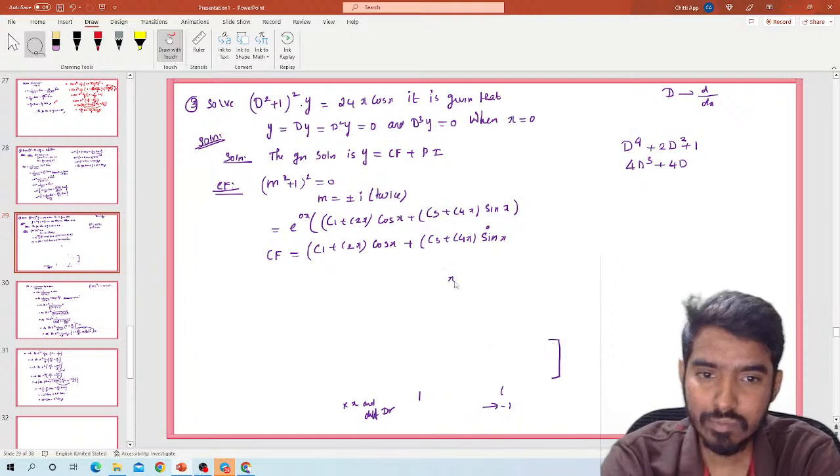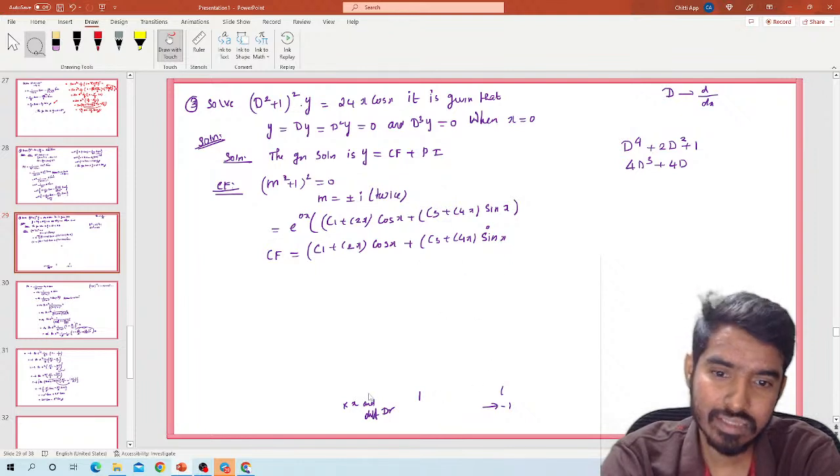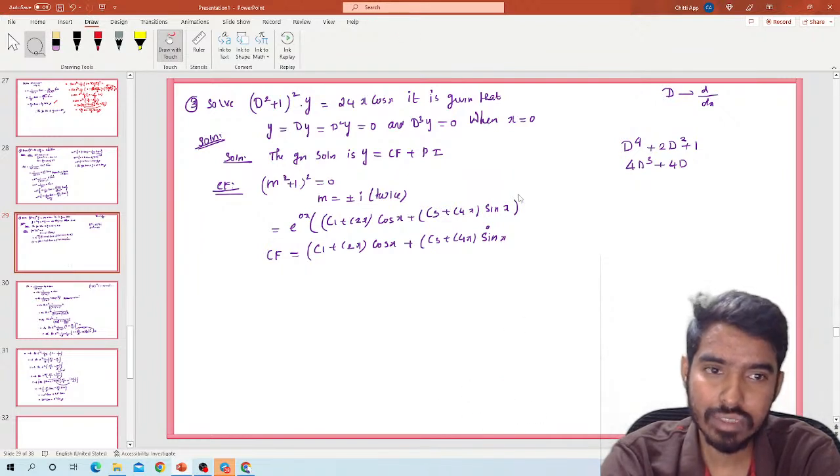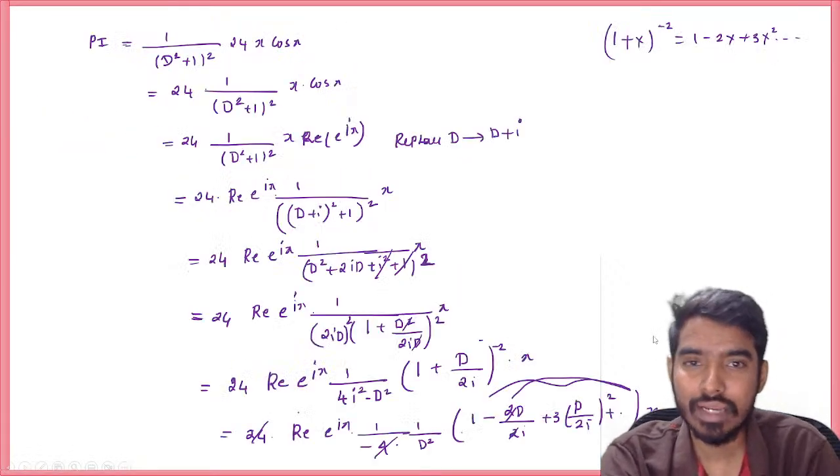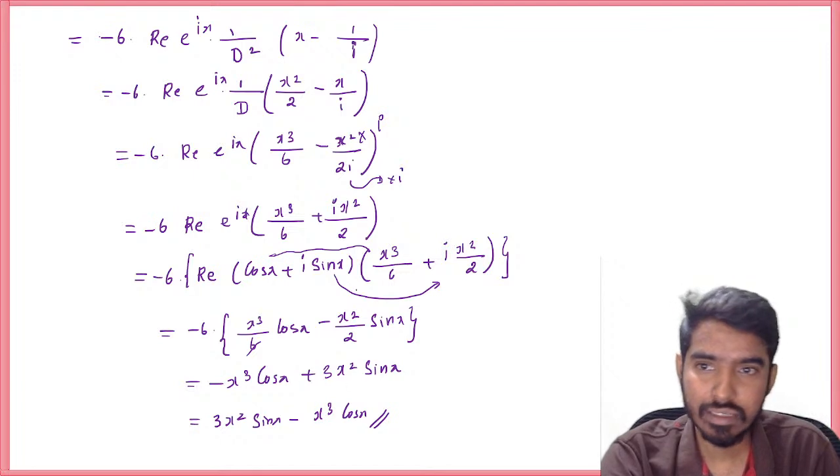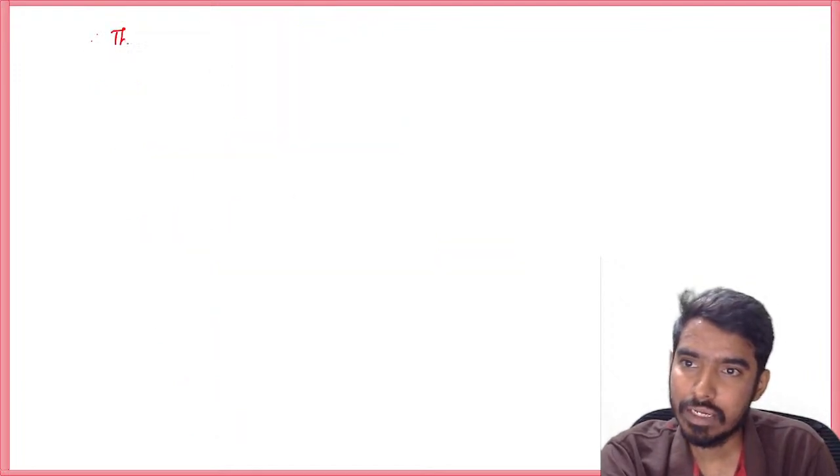So if you want to apply this PI, it means you have to apply the formula twice, right? In this case, if you have free time, you can try to find PI by applying the formula twice. You will get the same answer, but it will take time. But this method seems to be very easy, right? So therefore, the general solution is